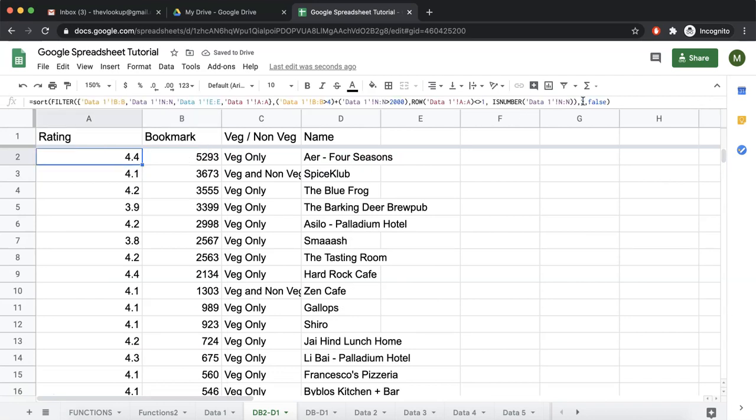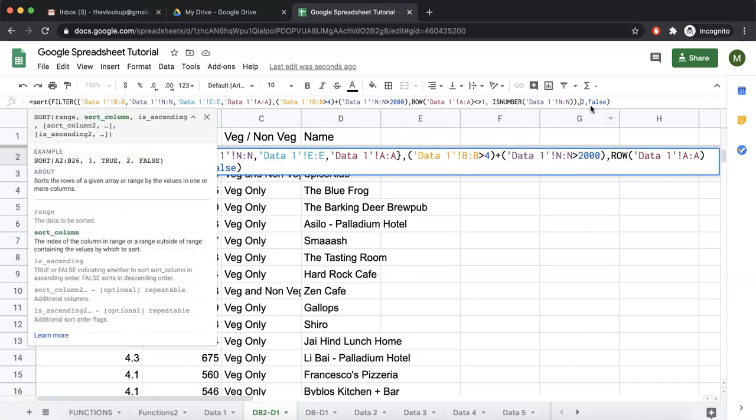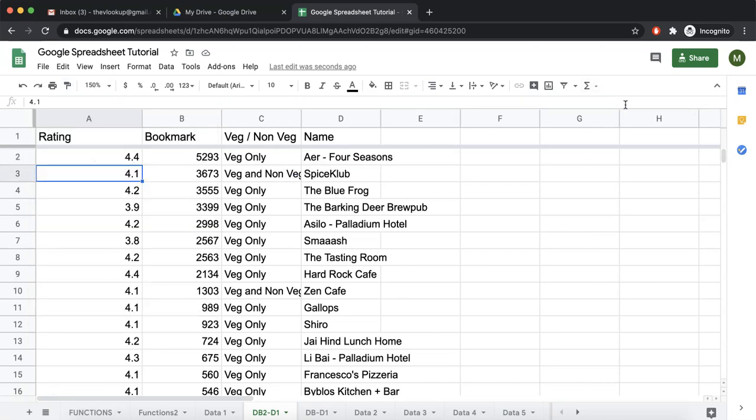Now if you click on number 2, you see this is highlighting sort column. So it means this is the second argument of sort, which is 2, and this is the third argument, which is false, so descending order. Now we have the filtered result in descending order of bookmarks. Let us see one thing. The function was sort,